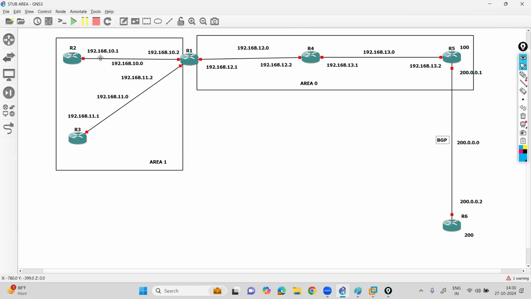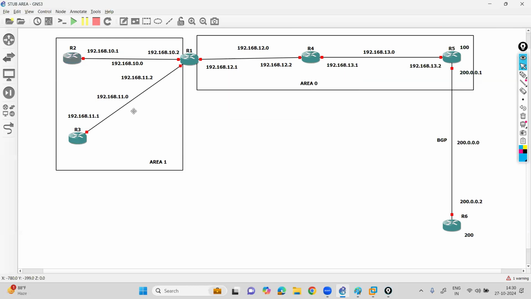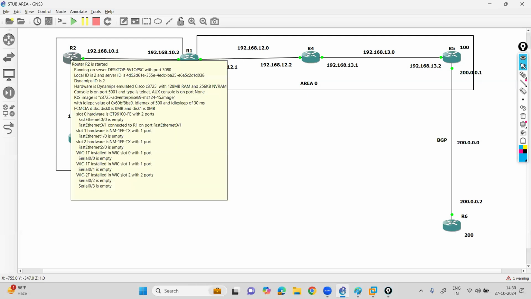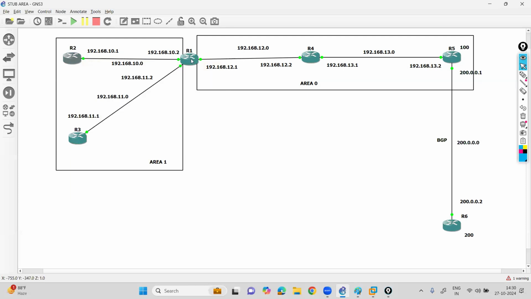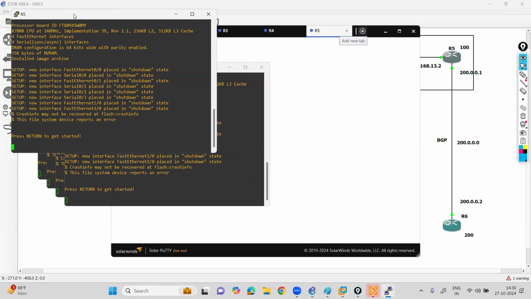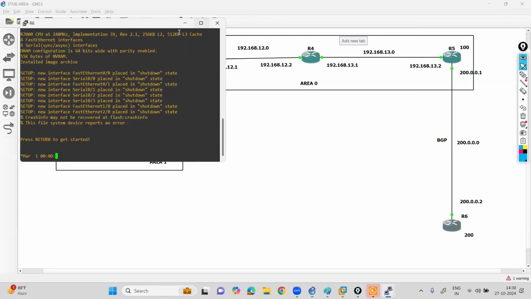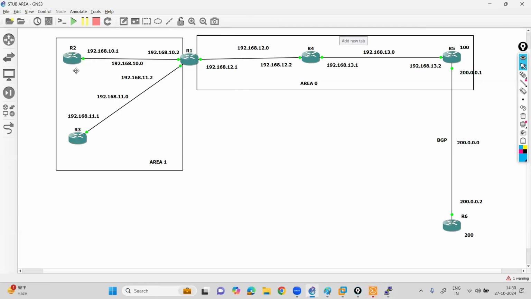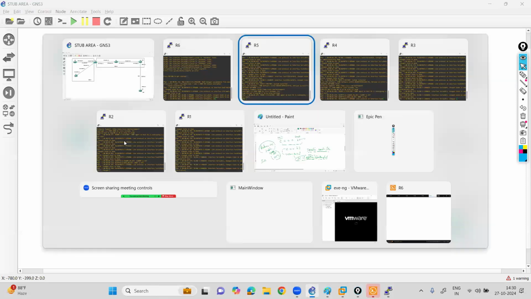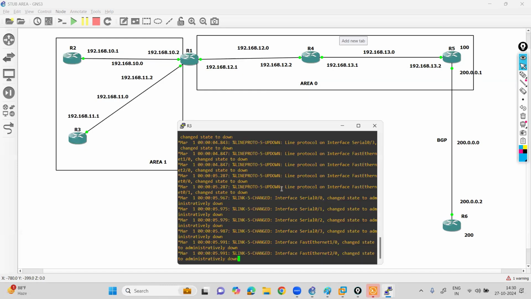let's start providing the IP address from router number 2. Turn on the routers. Router number 2, router number 1, router number 4, router number 5, and then router number 6. Now, first of all, let's start providing the IP address to router number 3. Here we have router number 3,